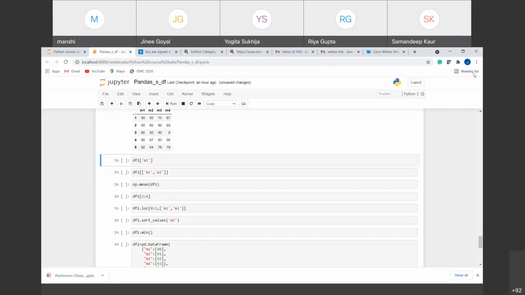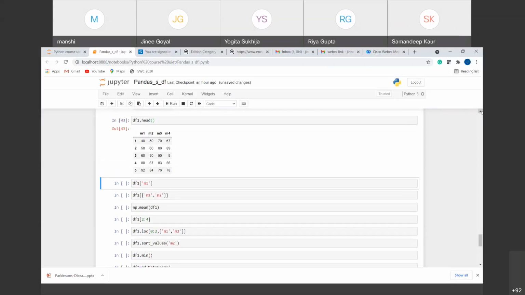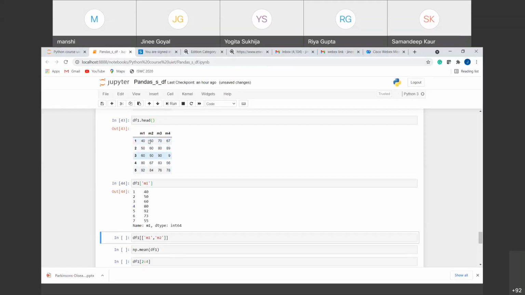Okay. So we'll do some manipulations in the data frame also, like we did in the series. First of all, we did calling different values we want inside the data frame. The same thing can be applied to data frames also. So if I suppose want the values inside the first column, I will give the square bracket first. That will take the list of the columns that I want to provide. I'm providing a single column here, so I'm calling it using the name M1, right? If I run this, you can see that I have got this column and the index associated with it, right?